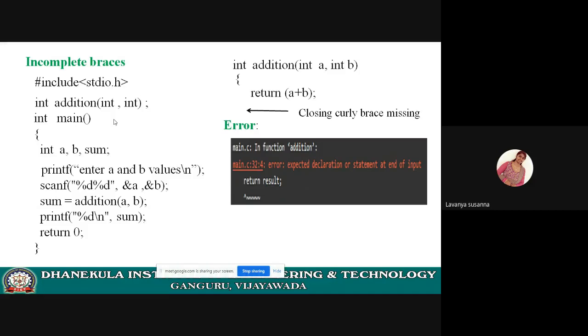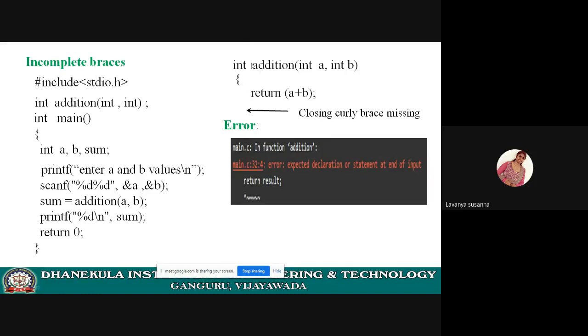Next, incomplete braces. As I said, if you are using an open bracket, you need to close the bracket. If you are using an open square bracket, you need to close the square bracket. If you are using an open curly brace, you need to close the curly brace. See the program on the right side, in the function definition, int addition after main.